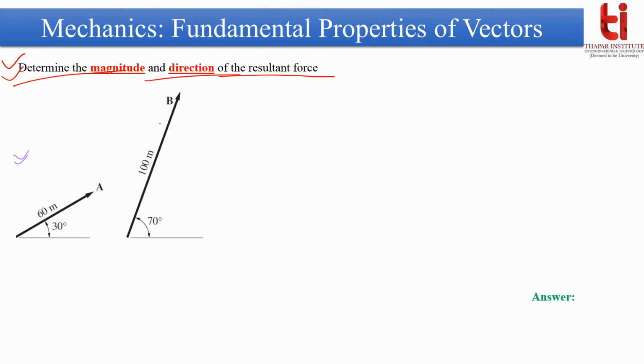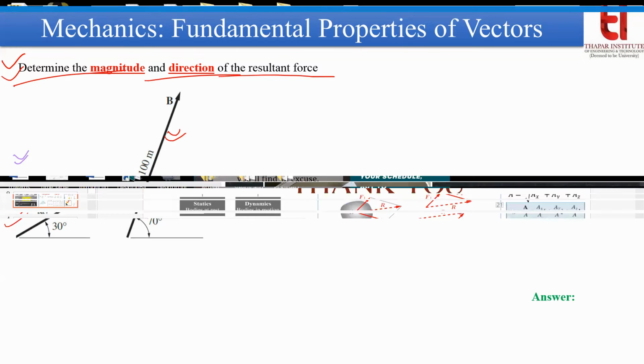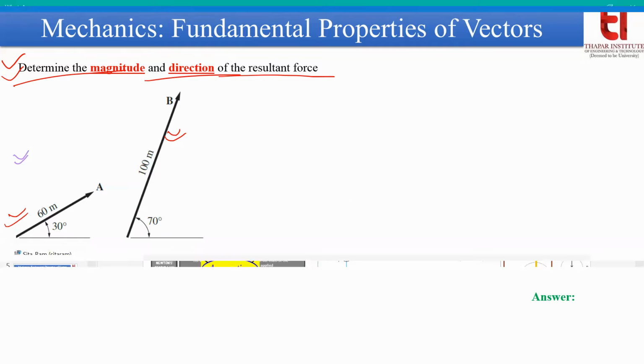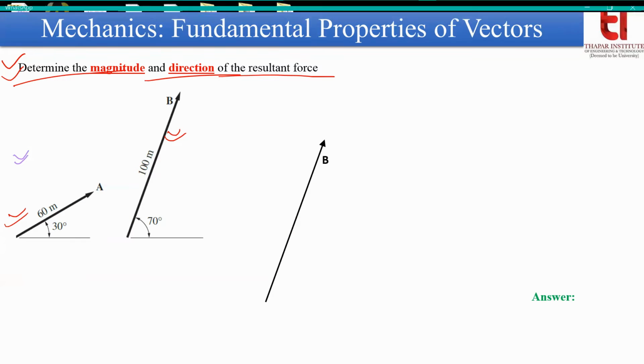Okay, these are two forces and they are provided separately. So how to determine the resultant? Because there are two forces and you need to draw the resultant, you can apply the law of triangle or parallelogram law, and from the graphical method you can find the resultant, or you can apply the law of sine or cosine, right? So let's rearrange these two forces in a triangular form.